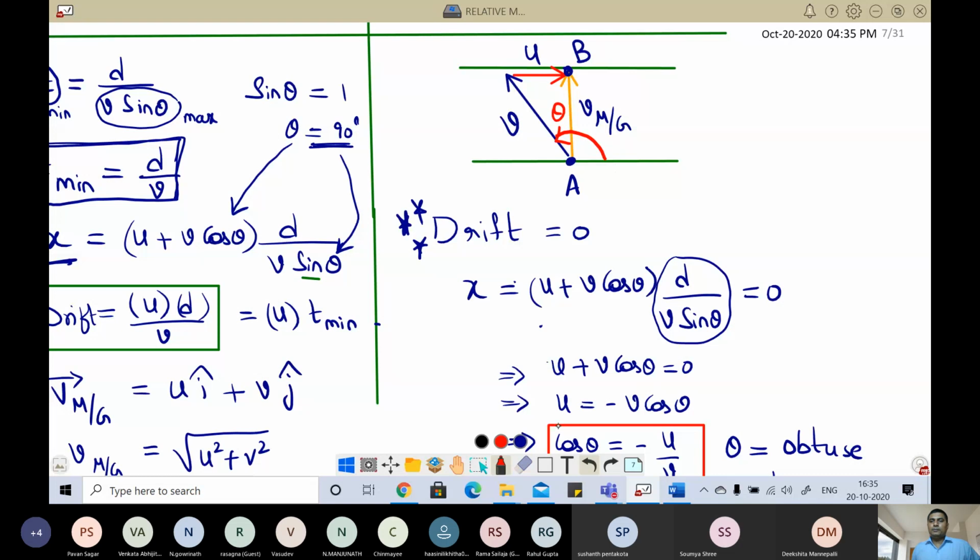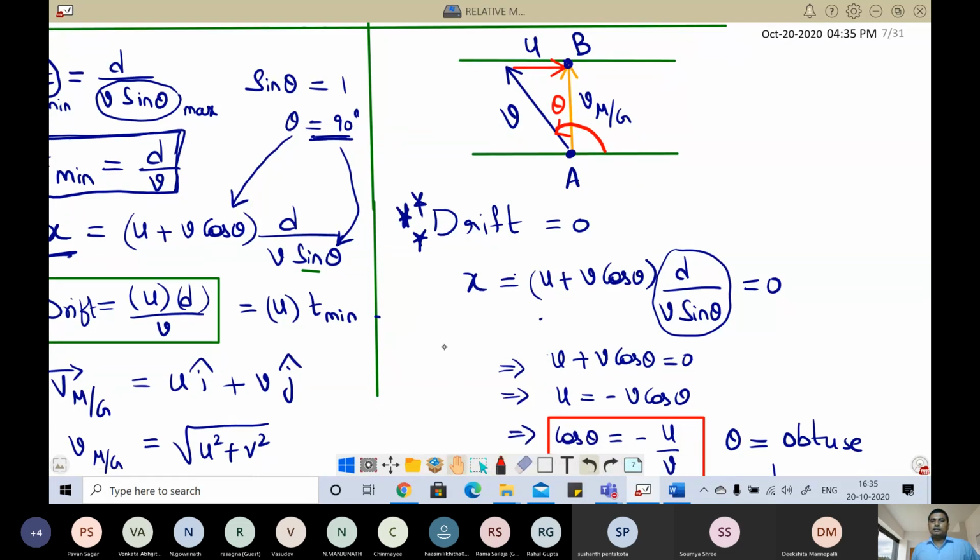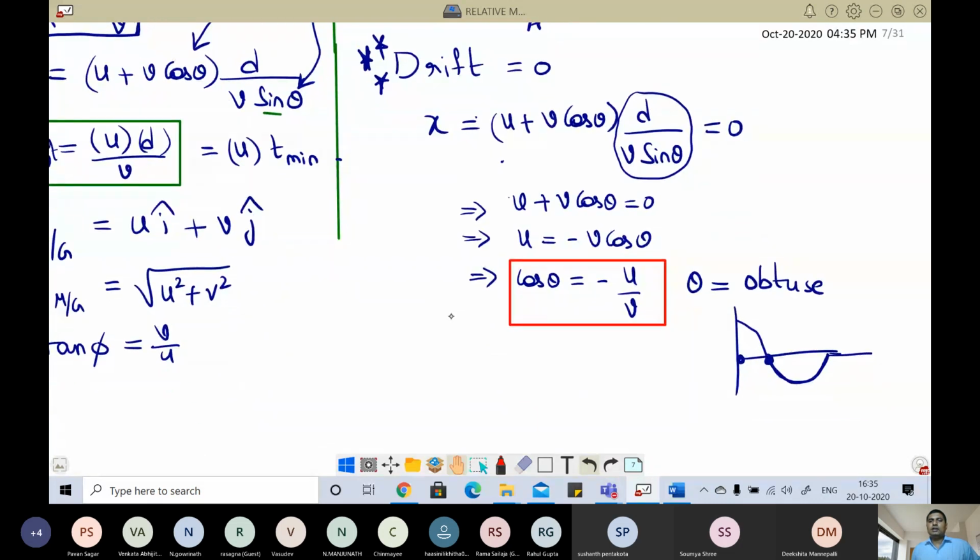Okay, and now here one important point is there, as I told you yesterday, that man's velocity should always be greater than river velocity. Correct or not? Here also you can see, because cos theta will have a value less than 1. Maximum is 1. So that means U should be less than V. U is called as what? River velocity. V is called as what? Velocity of man with respect to river. So these 2 points are also very important.